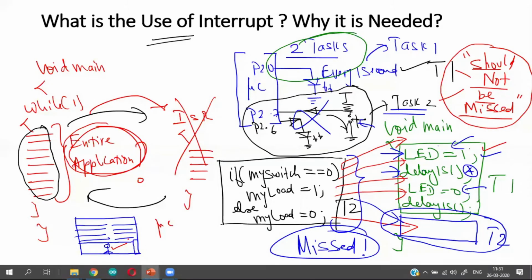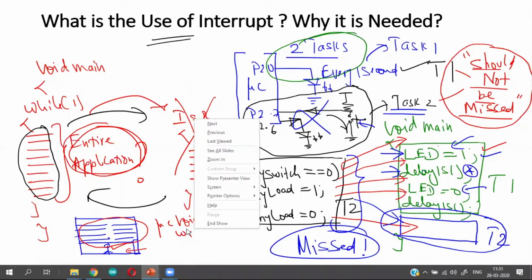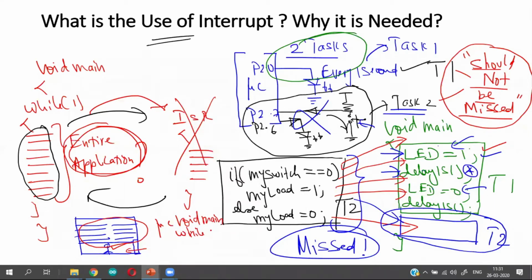So what is my job once I enter into the classroom? My job after entering into the classroom is to deliver the lecture for this entire class. So I teach. So I enter into the void main loop, while 1, I teach. So this is my background task. This is what I do under normal cases. This is my task 1, T1.